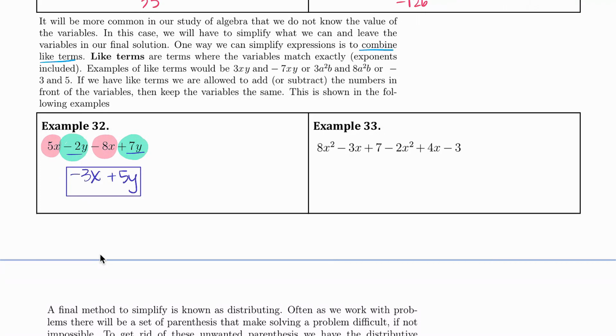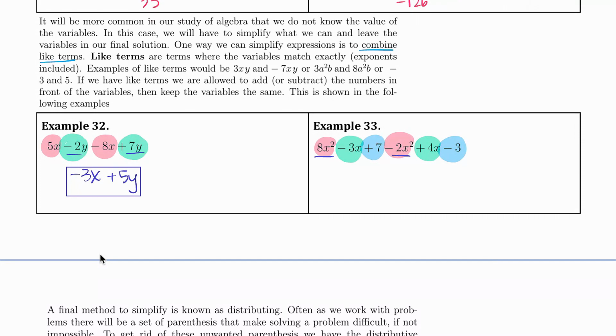All right, the next one, notice we've got a lot of x's here. Some of them have exponents, some of them do not. We cannot combine an x squared with an x. They have to have the same letter and the same power. We can combine these two right here. We can combine negative 3x and positive 4x. We can combine positive 7 and negative 3. So if we do that,